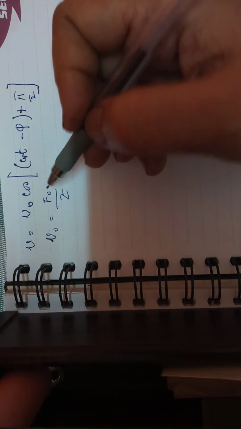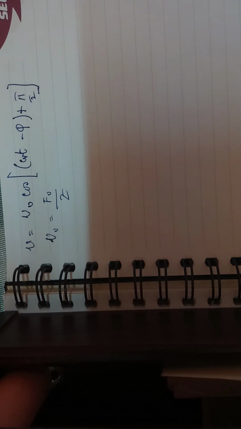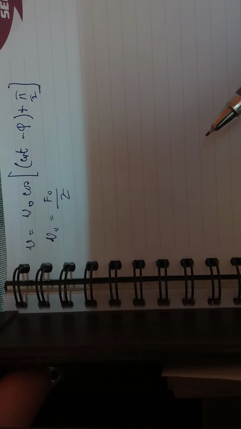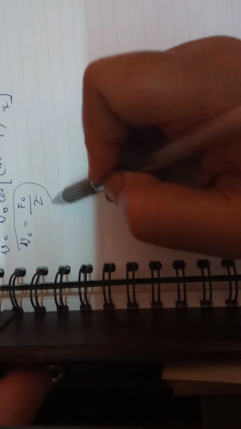However, if you compare this velocity with the driving force F, you will see that the velocity lags the driving force. The velocity leads the displacement by pi by 2, but the velocity lags the driving force by a phase angle of phi. Now if you study the variation of the velocity amplitude with driving force frequency, what is the amplitude of the velocity? This is the amplitude of velocity. We will study three cases of the amplitude of velocity.